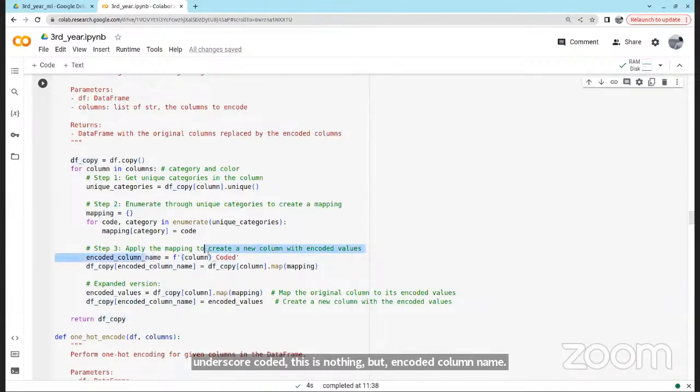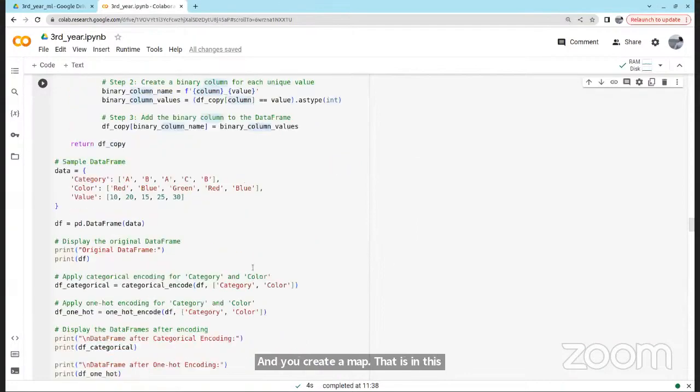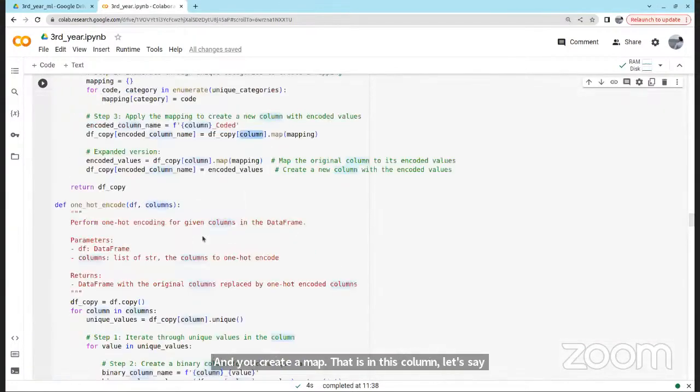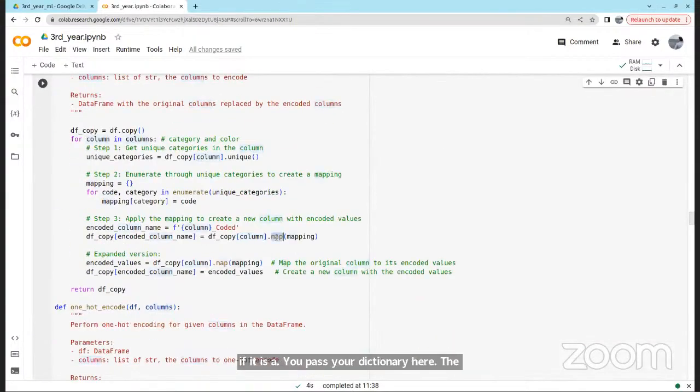Once you have this, you create a column in data frame df with this column name, and you create a map. If it is A, you pass your dictionary here. The map function will take a dictionary and the values for it, and it will run the loop for itself.